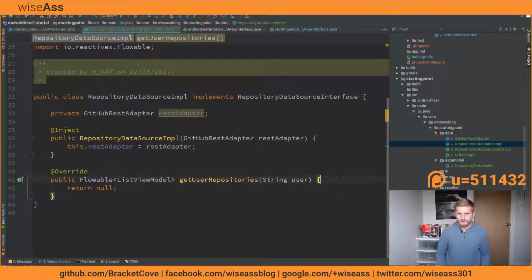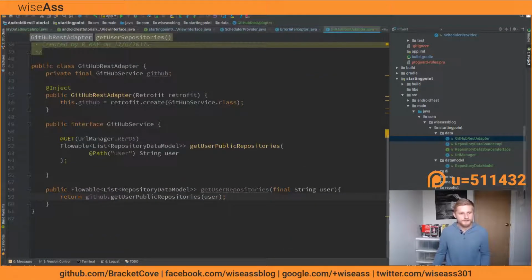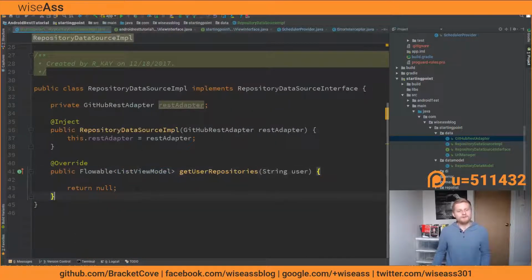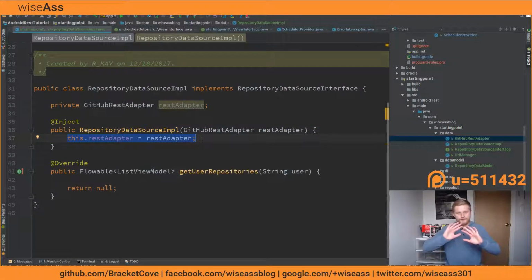So again, let's go line by line through what's going on. First and foremost, we know that whatever our REST adapter returns, which, if you've noticed, is actually not a list view model, it's going to be returning something else. Let me just pull it up. It's actually going to be returning a list of repository data models. So what we're going to do is, regardless of what REST adapter or any other sort of data source, whether we need to talk to several, maybe we have a local data source as well, regardless of all that, at the end of the day, we need to